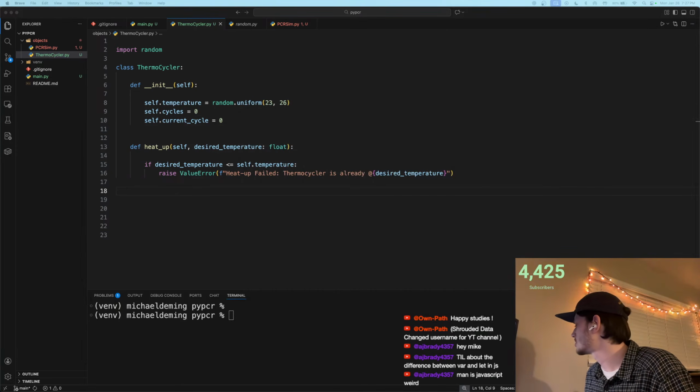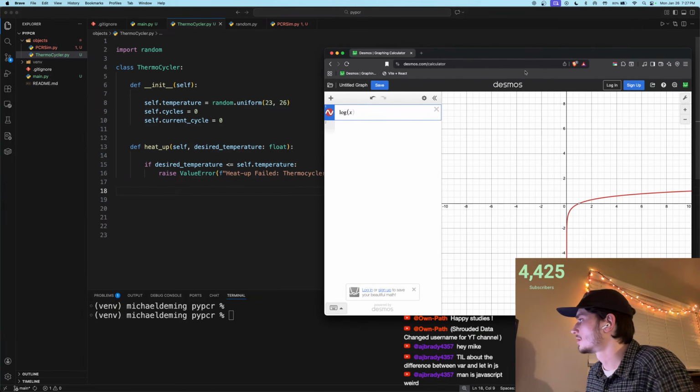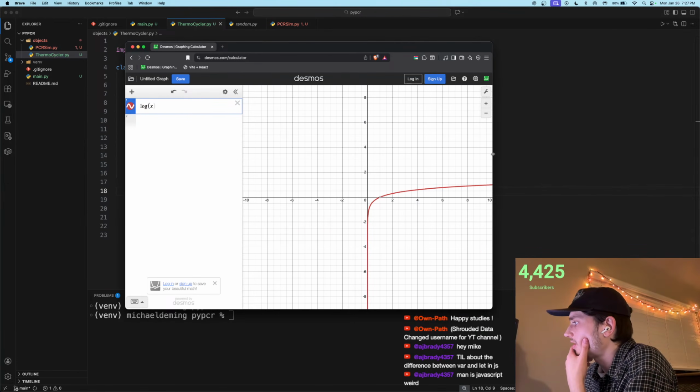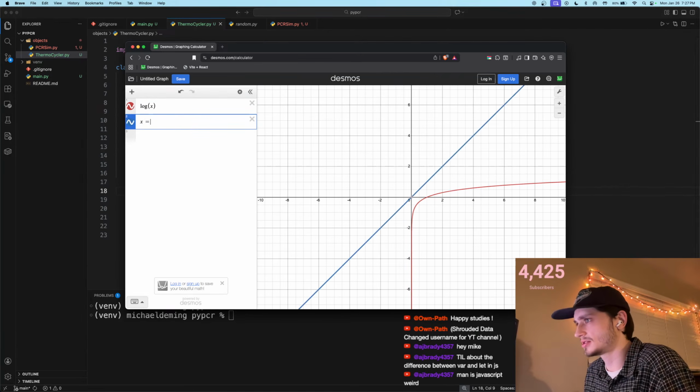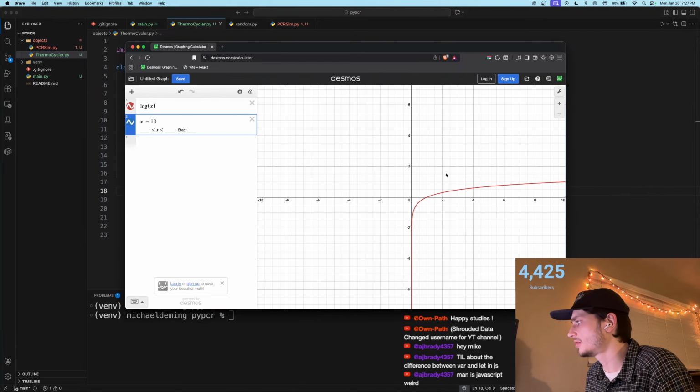We want an exponential function, but it's turned on its side, so is that a log function? Yeah, log of x. Okay, and if we give log of x, and x is equal to 10,